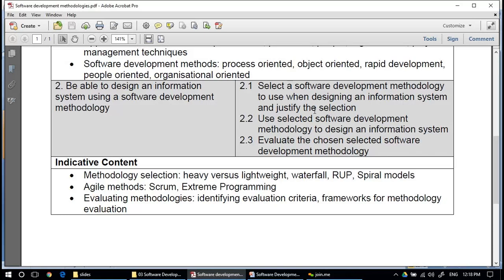You will have to work on a particular development. Use the selected software development methodology to design an information system. So you need to select the particular development methodology, you need to design and evaluate the chosen software system development methodology.